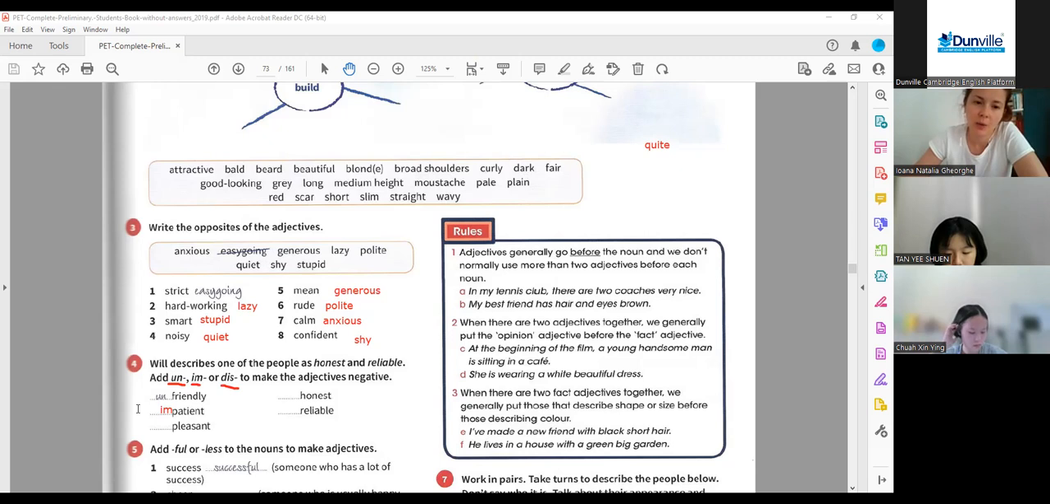Impatient. What about pleasant? How do we make a negative? Unpleasant. Very good. And honest, Tan? Dishonest. Very good. And reliable? Unreliable. Very good. Excellent. Okay. Now,